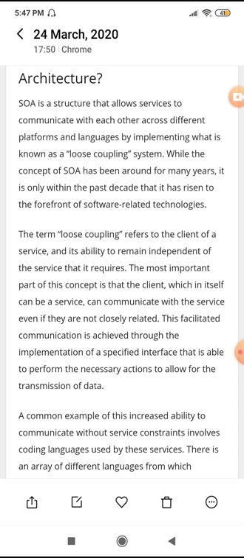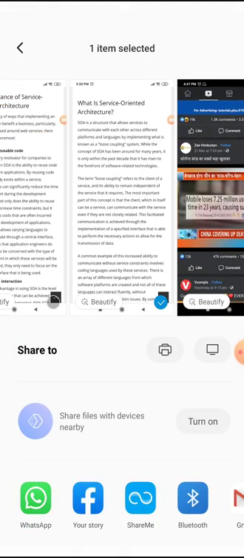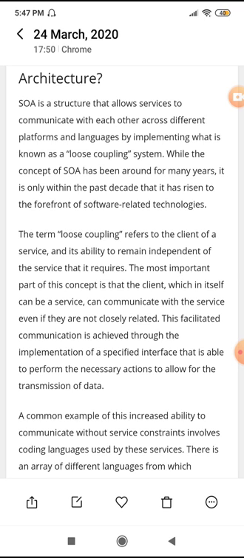This facilitated communication is achieved through the implementation of the specified interface that is able to perform the necessary actions to allow for the transmission of data. So we can understand the concept because here is a loosely coupled system which allows different kinds of platforms, different kinds of servers, which are able to provide services.